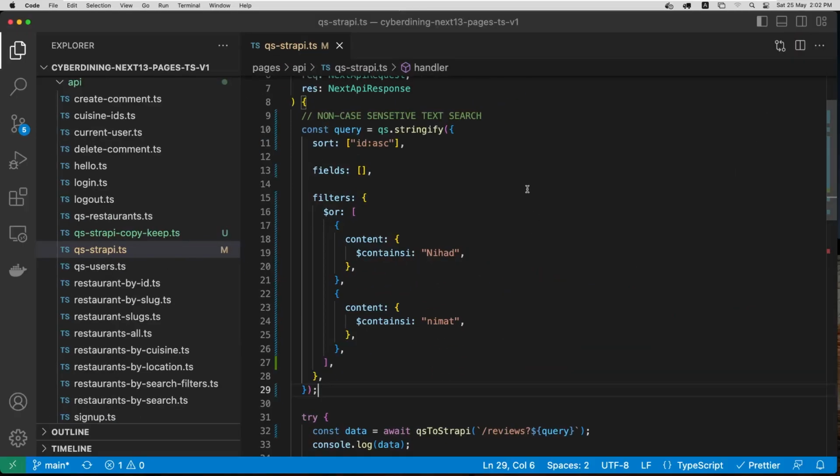All right, so this time we're going to try a full text search kind of deal. We are still targeting the reviews collection, and we're going to be focusing on the content. Here we're using the OR operator, so we're going to be looking for this text, NIHAD or NIMAD. But look, they are of different case, right? One is in uppercase and one is in lowercase. So that's why we are using this operator, contains